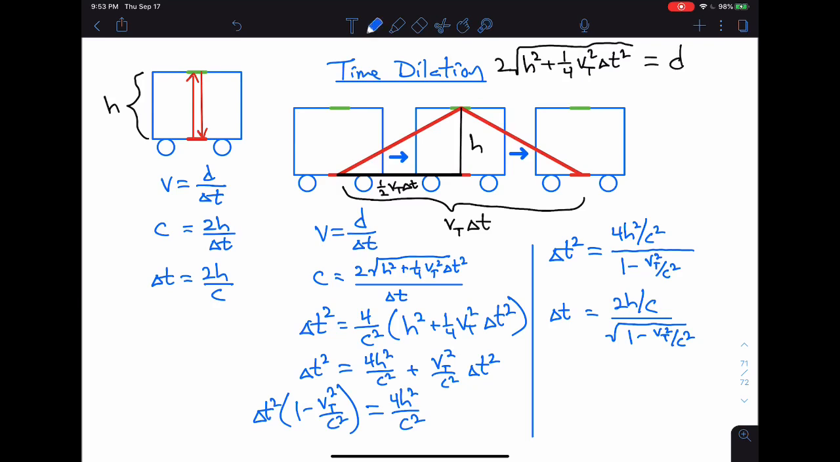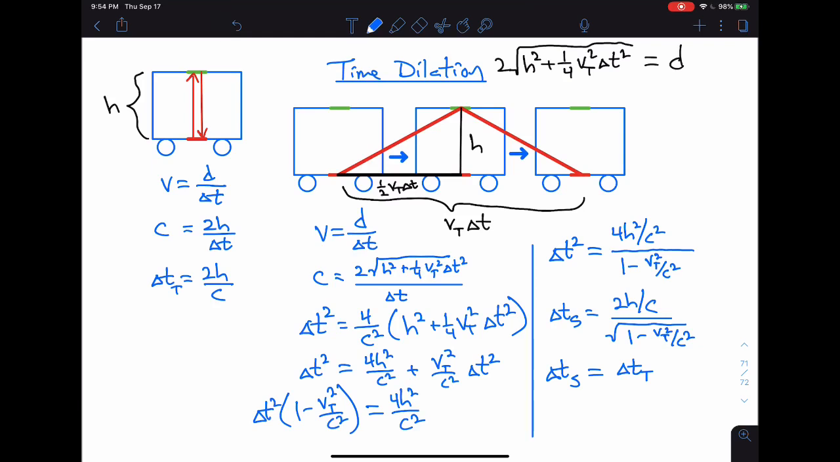So what we normally do at this point is I'd come back here and say, okay, this is delta t as viewed from the train. So that's delta t sub t. This delta t over here is delta t sub s. So this is delta t sub s equals delta t sub t times, and then this whole expression here,